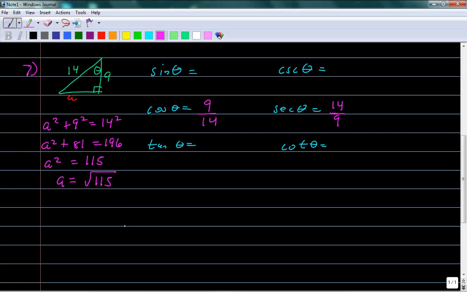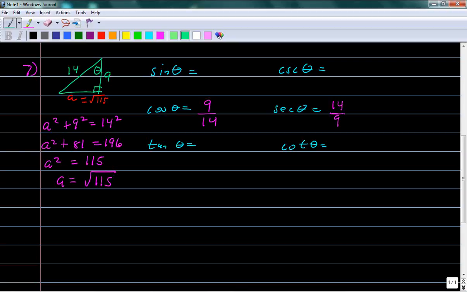If you look at the square root of 115, it's made up of two prime numbers, 5 and 23. Because neither of those can be broken down, we're going to leave it as radical 115. So our a value at this point is square root of 115. So we can use our little a now, our third leg, to figure out the other trigonometric